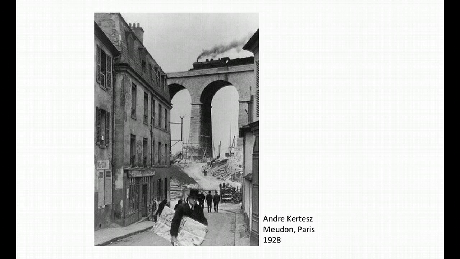Now, as I said, surrealism gets, or photography gets a foothold into fine art practice during surrealism, and André Kertész is one of the photographers who really benefits the most from surrealist discourse. So in 1928, he gives us this image where you have what seems to be a train floating above the buildings in this kind of otherworldly landscape where people are above and below.